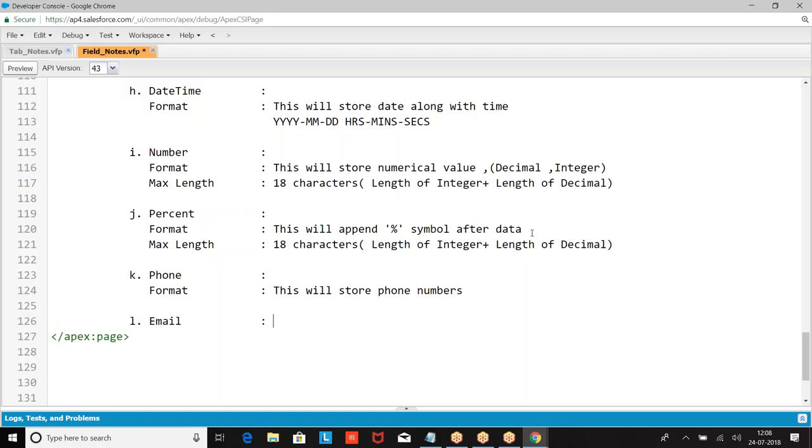Email. So phone, email, then we have URL.